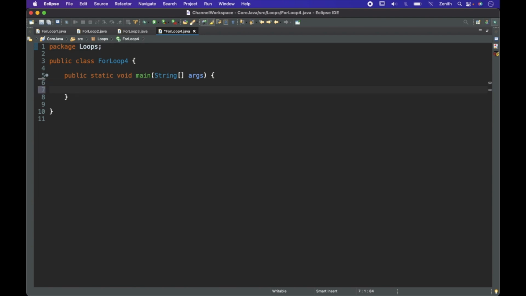So let's see what we need to do. We need to print 5 into 1 equal to 5. So this is our target. So here, for integer i equal to 1, because here what happened,